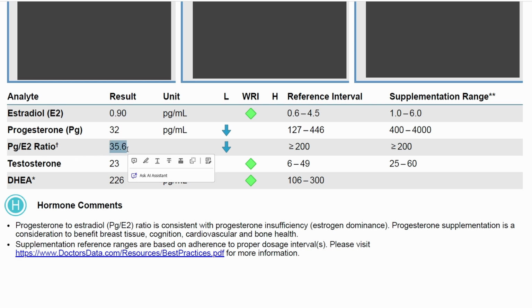We want to see this closer to 200. So usually hormonal symptoms happen because of this low ratio. So our goal is to get this ratio as close to 200 as possible, relieving symptoms. So it's looking like we're going to prescribe progesterone for her. Testosterone was good, DHEA was good. So let's jump over